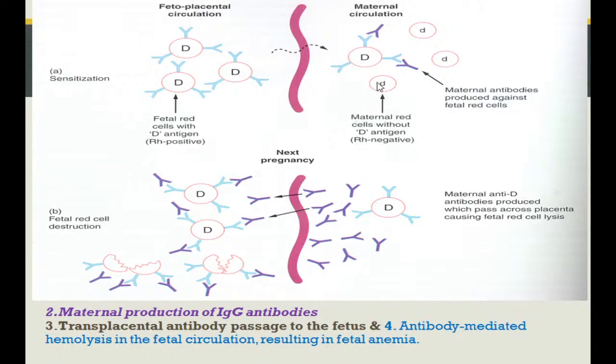Here are maternal red cells without antigen. Maternal antibodies are produced against fetal red cells, and when fetal RBCs enter maternal circulation, it is followed with development of maternal antibody, and then maternal anti-D antibodies are produced, which pass across the placenta, causing fetal